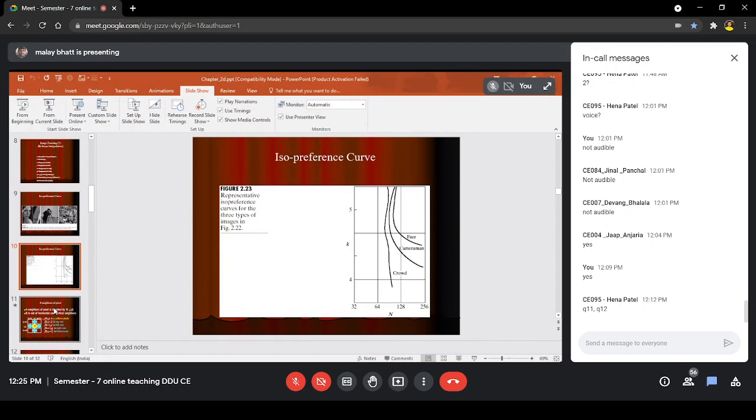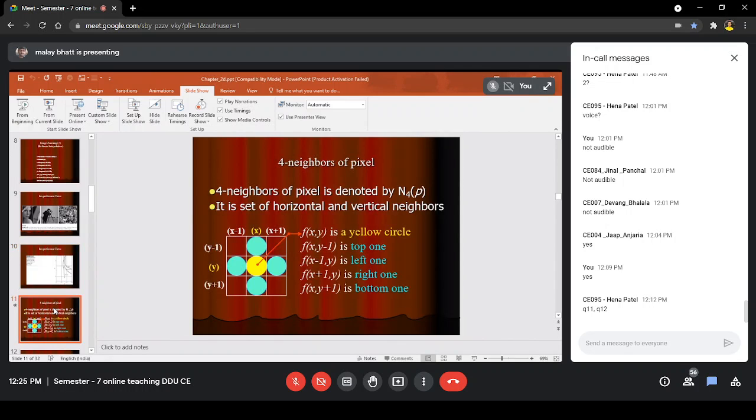Now when you want to perform image segmentation, the neighborhood of a pixel is very important. You might have studied convolution in the other chapter on image enhancement. Have you heard about convolution? Basically, convolution is where we apply a mask on a certain area of the image.